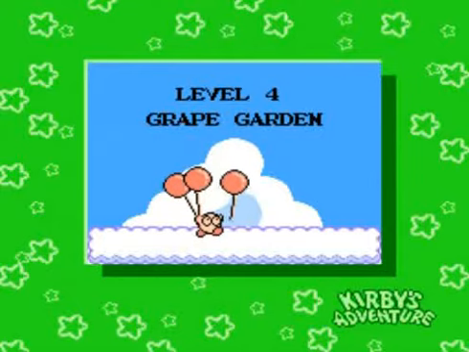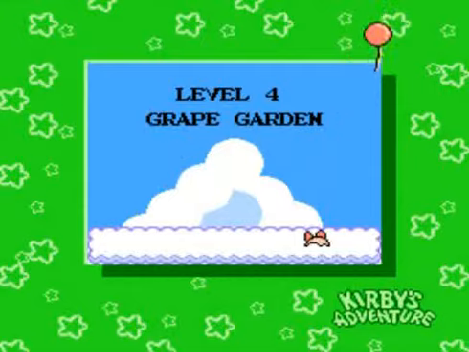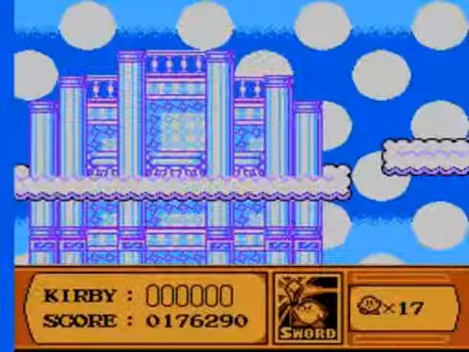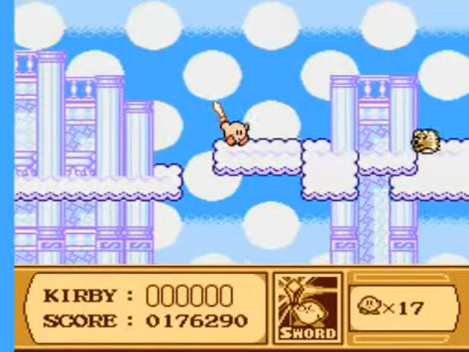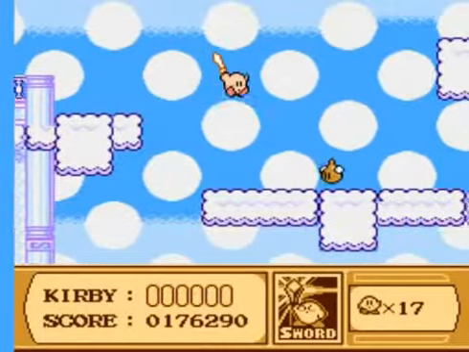Now, Grape Garden, of course, is a cloud-based level. It also has one of my favorite songs in the entire game for its main levels. When you enter each of the levels, or for most of the levels at least, it has one of my favorite songs in the game. And I'm going to continue to use my sword ability for a little bit here, just for this opening 2